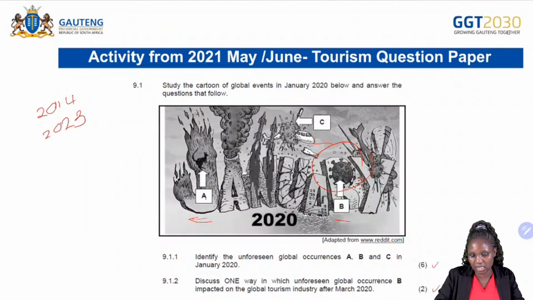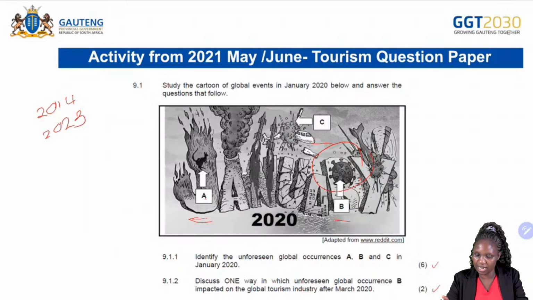All right, let's check the picture again. This, we said it is a wildfire, all right? And then what do you think happened? It is a natural disaster, and then a lot of animals died because of the wildfire. Then B, this is B. This is coronavirus. It was a pandemic. It affected the whole globe. People died because of it. All right. And then let's look at C. This is an aeroplane. It is being shot down at. Okay.